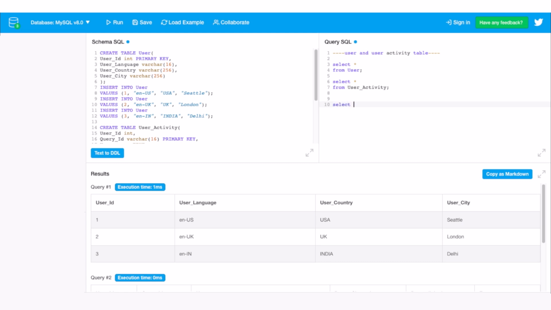Initially I'll select user language. Then I want total engagement. So in order to get the total engagement, I will use the keyword sum of the engagement column and give a name as total engagement. So from where will I select this? From